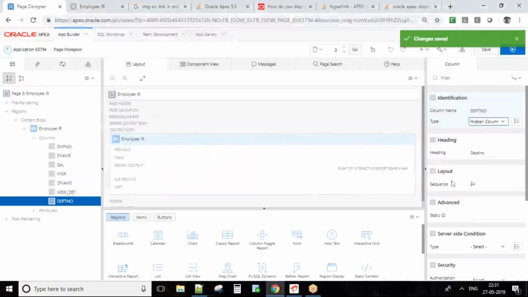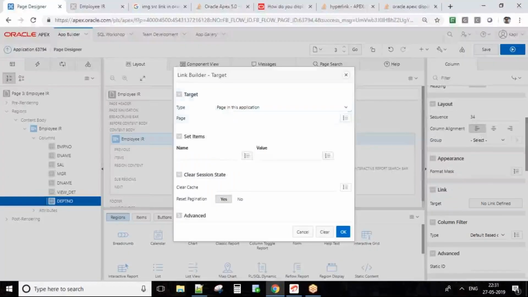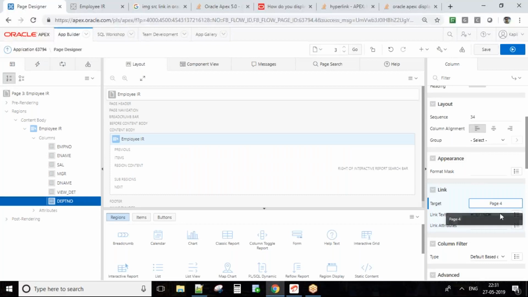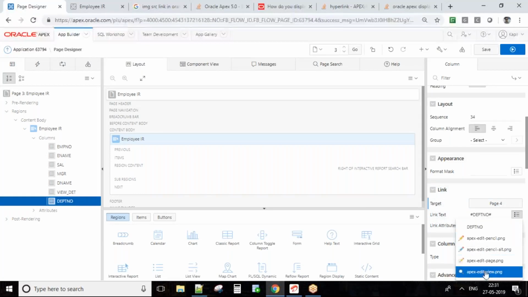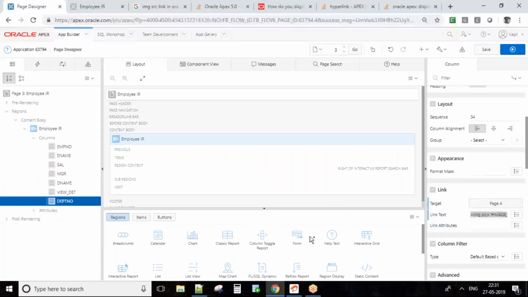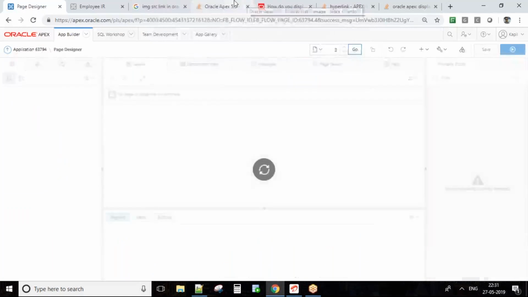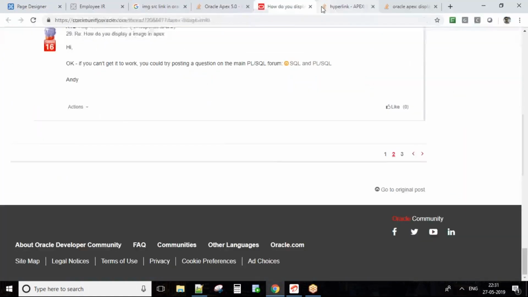So if I change it to link, for some page I will select, and for the link text I need to copy that. This one I need to use. I want to use this one, okay? Image prefix like this, okay? I will not save the changes, and instead I will